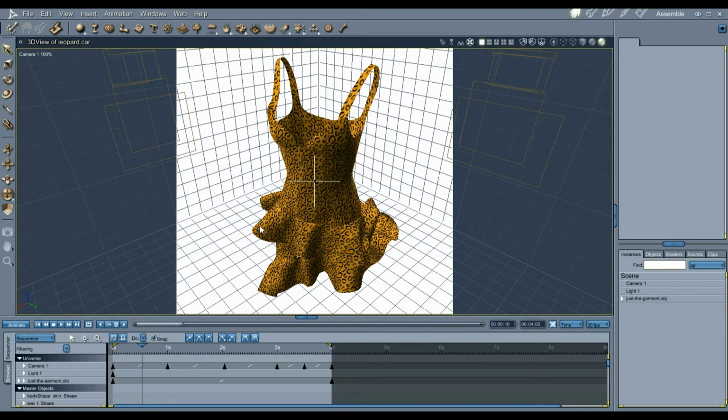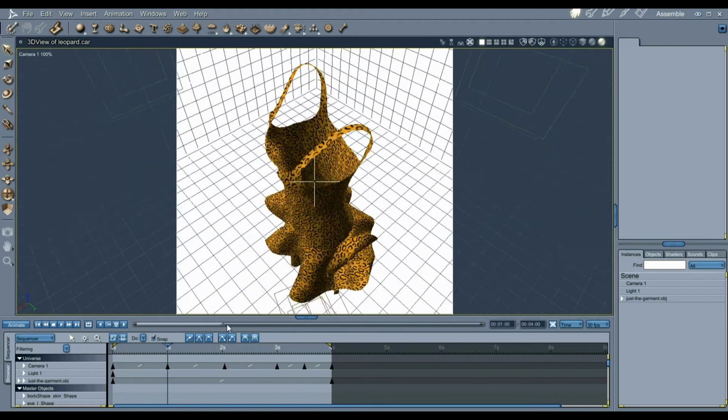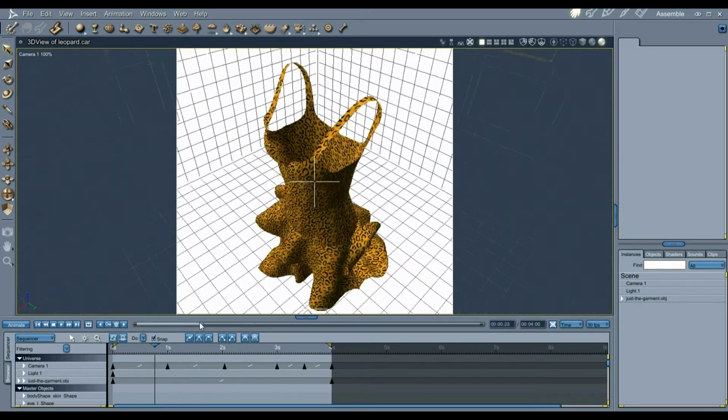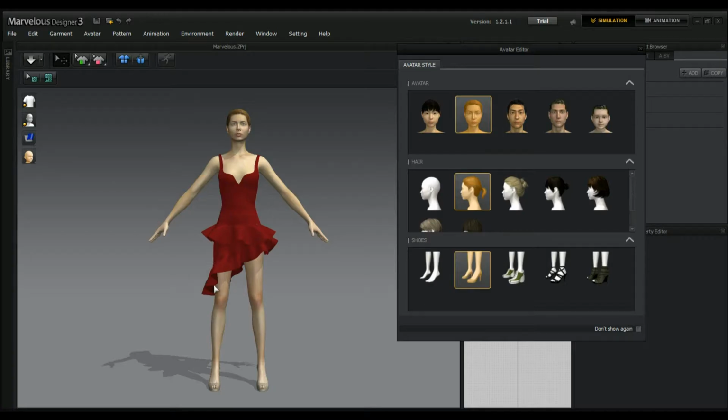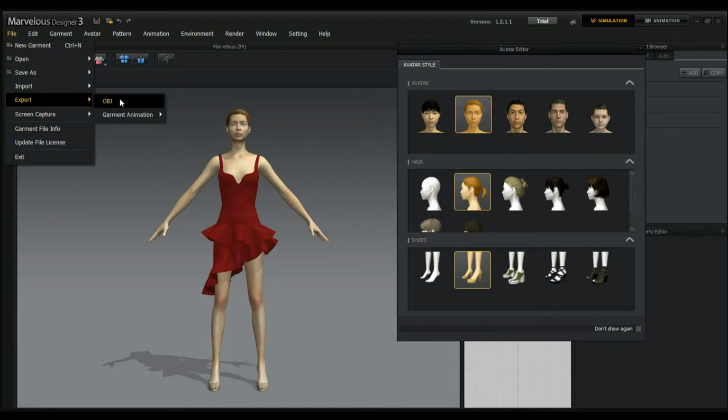This is Philip Steiger at thebest3d.com, and we're starting again in Carrara, my favorite 3D program. This time I've imported an OBJ file from an export that came from another program, and that other program is Marvelous Designer 3, MD3, and all I did is I went to export this right there as an OBJ